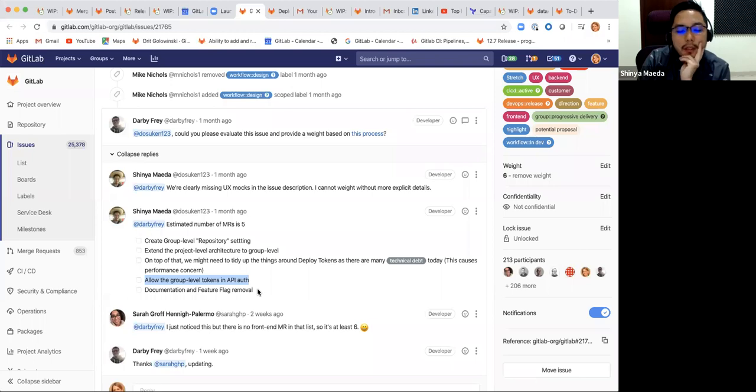So actually this point wants to say that today when clients request repository via deploy token to GitLab, only project level token is supported, but we need to extend it for group level tokens. So it's more like a client server connection, and then this doesn't include